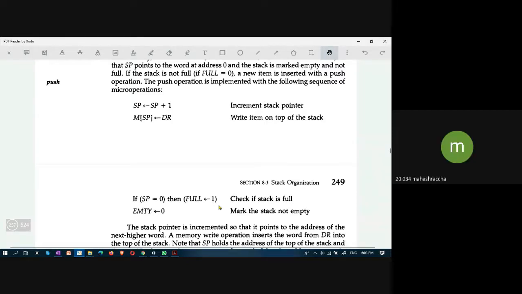After pop, maybe. After pop, ma'am. Pop, why do you increment? You have to decrement. Look at here. This is a stack. Here there are elements.